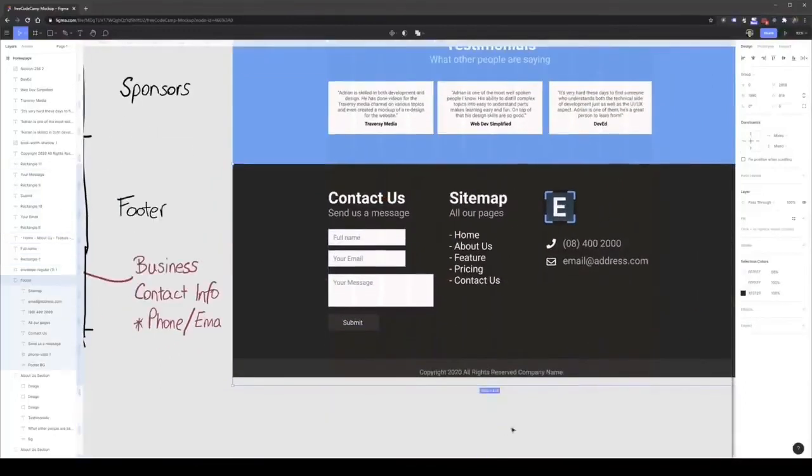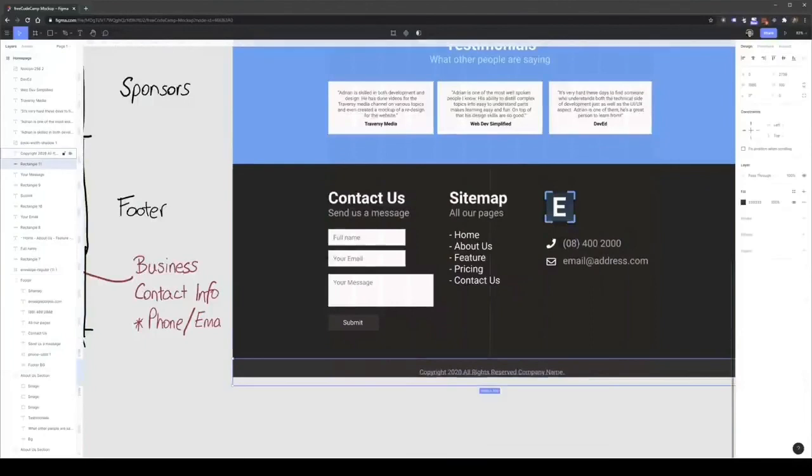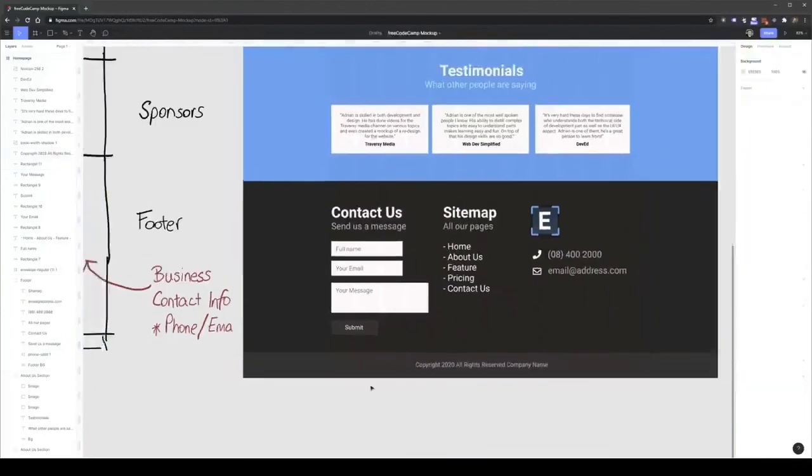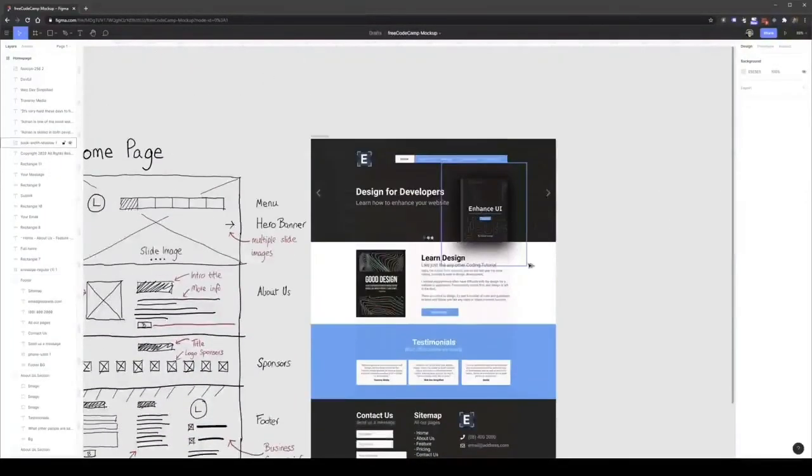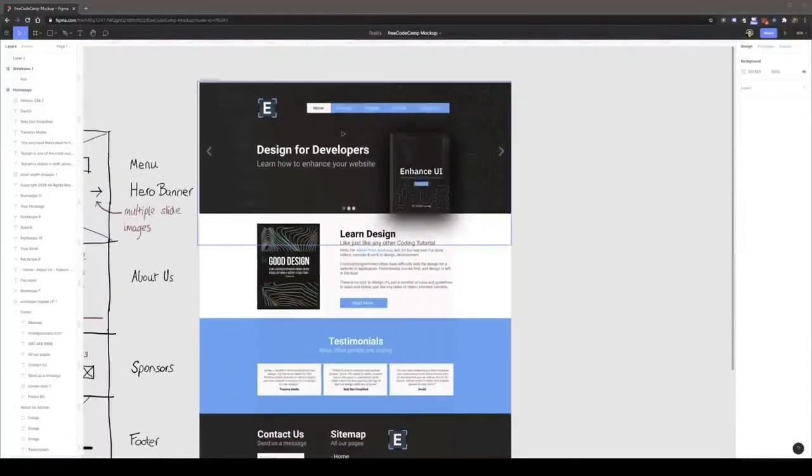And I think that's about it. We don't really have to change our footer here with this copyright. And this finishes up our design. Now that the desktop version is done,